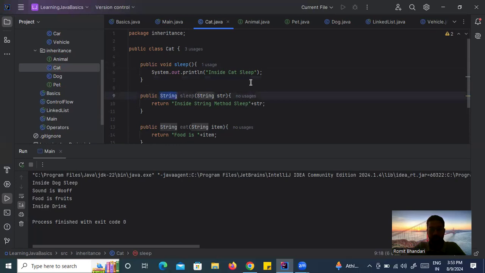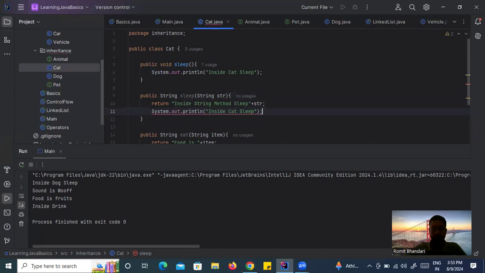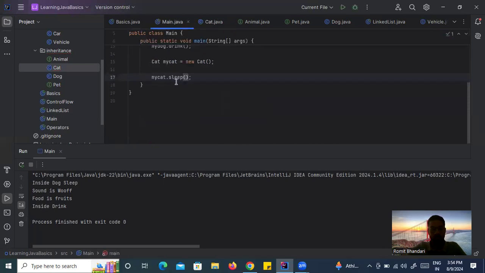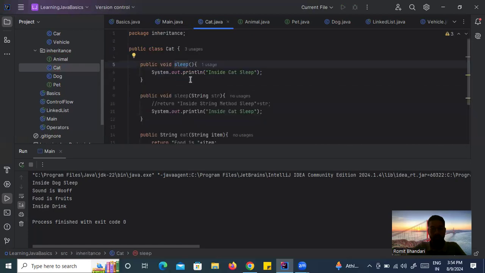Okay. So I think this would have still worked. Let's quickly test this out. Yeah, this is still working. Okay, it will call this first sleep because we are not passing any parameter. But on the other hand, when we gave the return type as string but kept the input variable same, then it was giving an error. So we should have